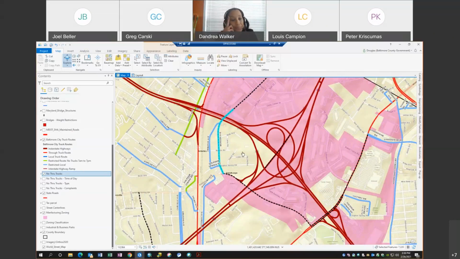DeAndrea, all routes are available to trucks if they have a pickup or delivery there, right? So it is designated already as a restriction. They shouldn't be using it at all unless you had like a UPS truck that actually had a delivery at a residence right there on that section of roadway. That wouldn't be prohibited under any circumstances, no matter how you designated the road.